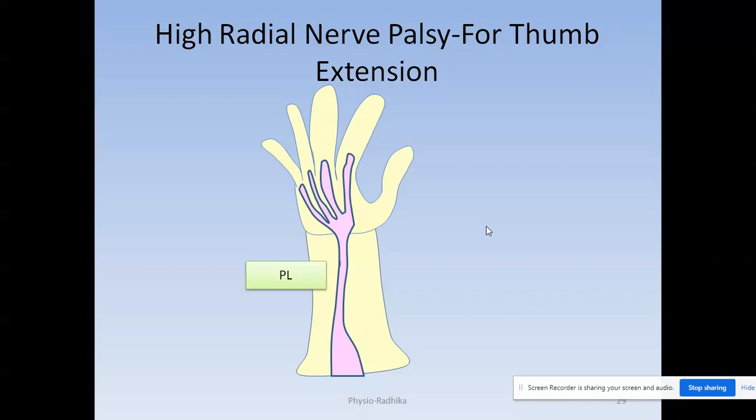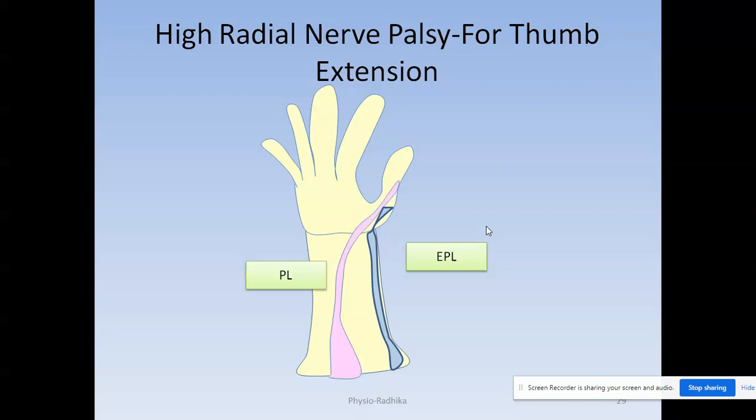because the action of palmaris longus is cupping of the hand. This can be substituted by flexor carpi ulnaris, along with the lumbricals. Hence, palmaris longus is chosen for the tendon transfer of extensor pollicis longus. In the cases where extensor pollicis longus is injured, palmaris longus is replaced from its insertion, as shown normally in the image, to the new insertion point passing through a pulley in the forearm.